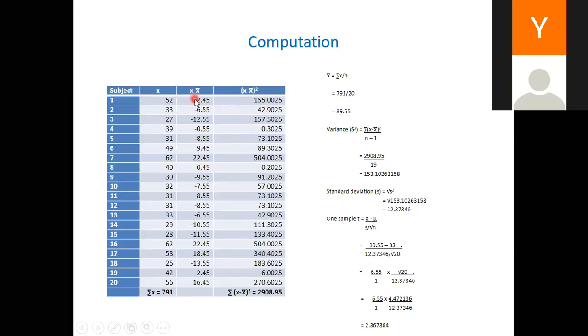So if you want to do that, X minus S bar. For you to reach standard deviation, you must calculate variance. So X minus S bar is the deviation from the mean. You remove this 33.55 from each value. If you try to add all this together, it will give you 0.